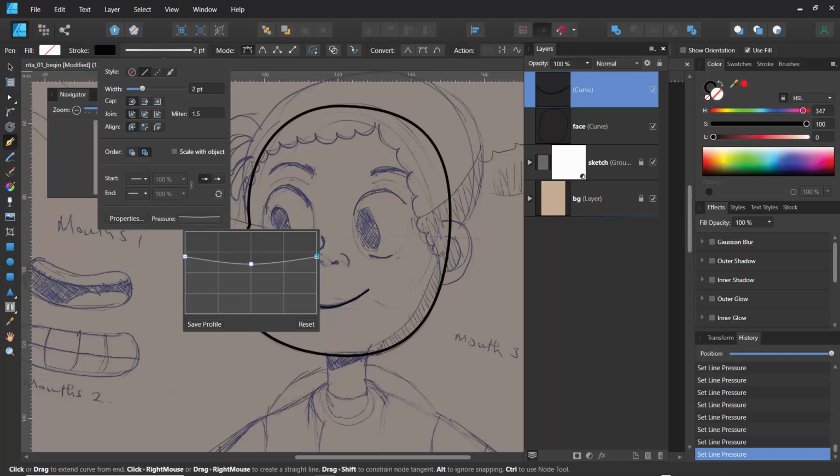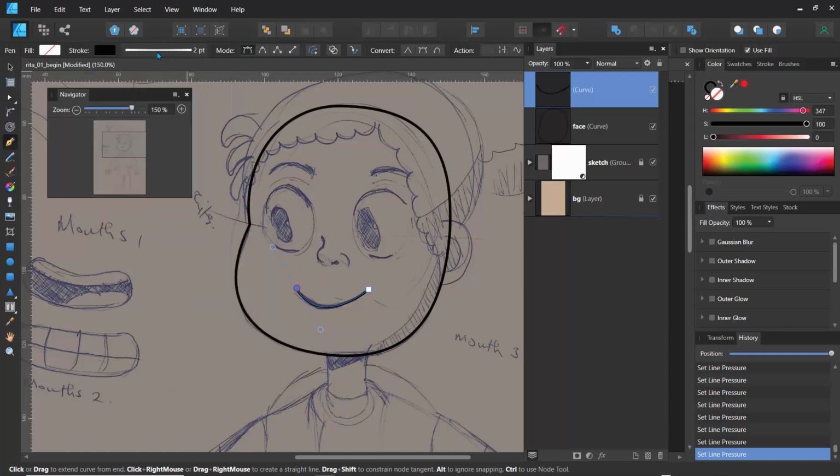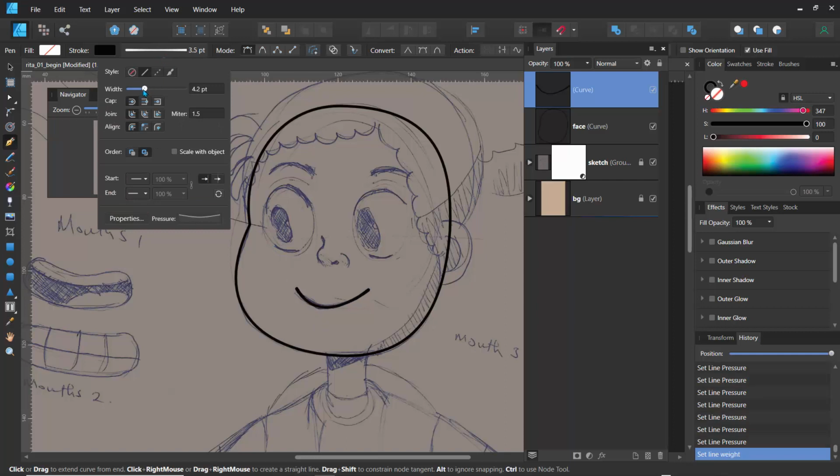So let's just drag this one, this point, and let's just see what we're doing because we can't really see it here. And I'll just increase the size a little bit, and let's just get back to that curve. So here,